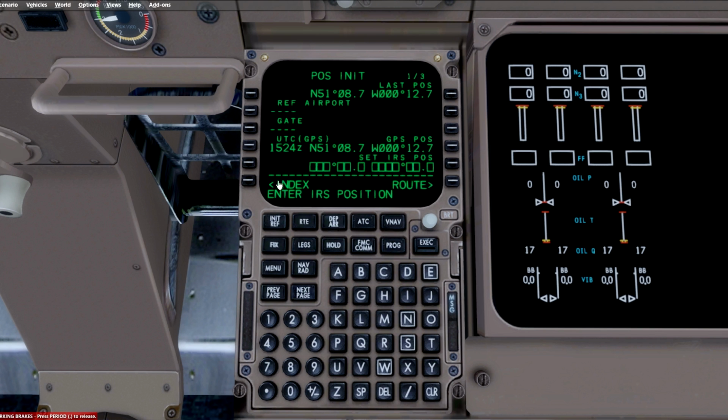If we go to the POS init, it's because it wants the IRS position. Always take the GPS, because the GPS is where the aircraft is. If I put in Echo Golf Kilo Kilo, which is our reference airport, you'll see that the position here is different by 1.3. The reason being is that this is a nominated point somewhere in the airfield for which the reference is taken for all of the measurements relating to the airfield, GPS databases, that kind of thing. Where we're actually at in this case is the threshold of the runway, and you can see it's 1.3 miles away. So with that in mind, what we do is take a GPS position and put that in there